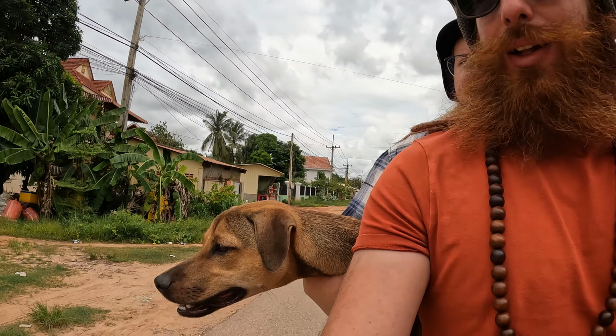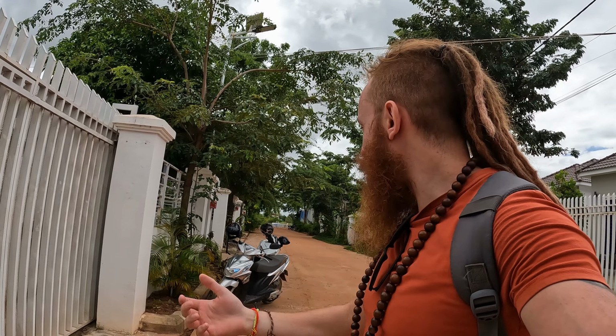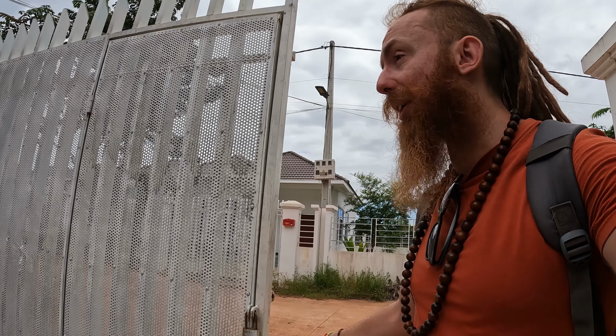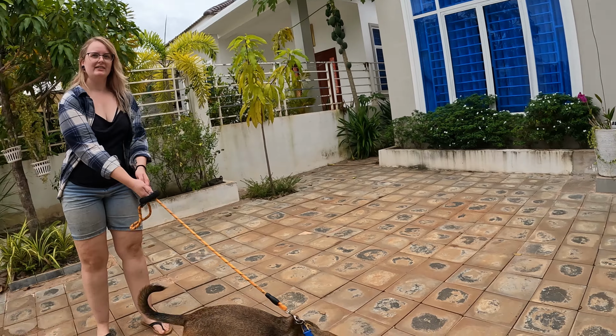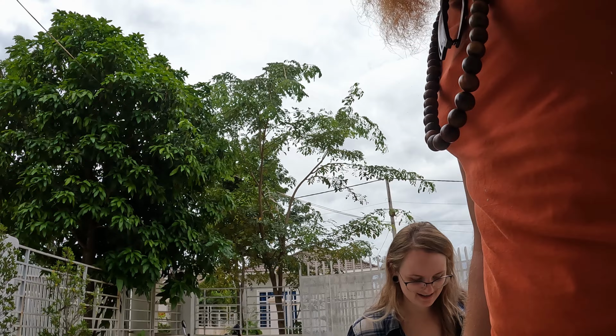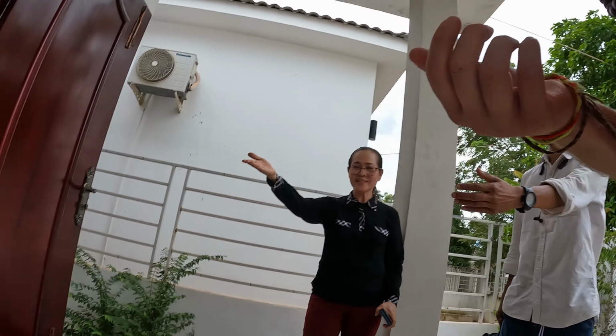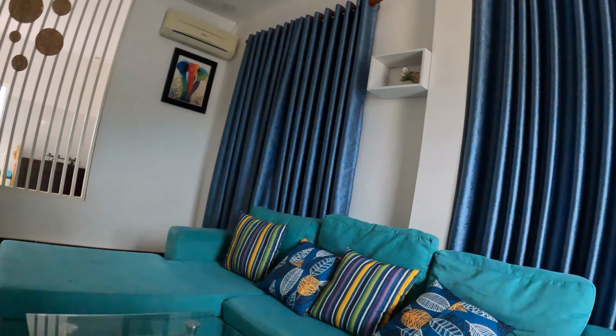So to look at this property, 16-minute drive, my protection, security is on board. It's good in the end. So we've met the lovely Lottazak who's going to show us around. The drive, I'll show you when we leave. Very beautiful, very nice drive. We can tie the dog up. Oh, beautiful, very nice. Nice courtyard. Lovely. Okay to look? Lovely, thank you. Oh, this is better. This is more cozy than...